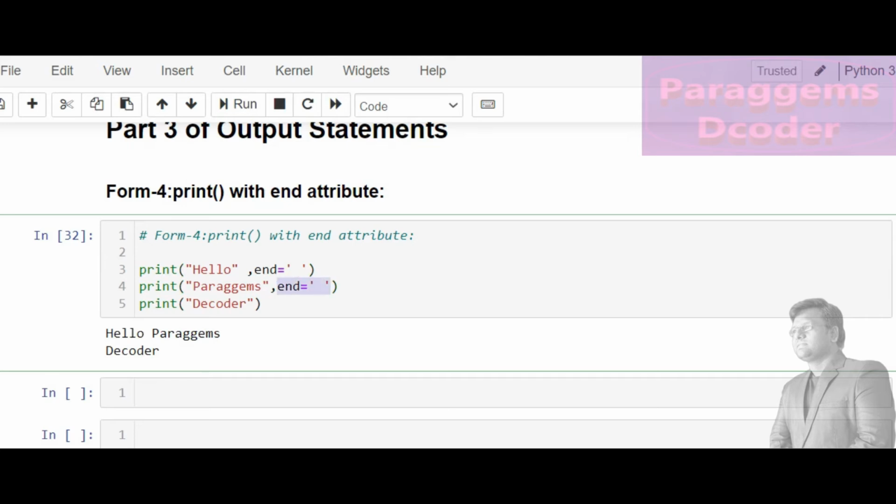end is equal to space, this attribute end is equal to, see this space, inside quotation. Space is given. So what will happen now? Now this decoder in this third line will come immediately after this paradigms, and due to this end attribute in this line,